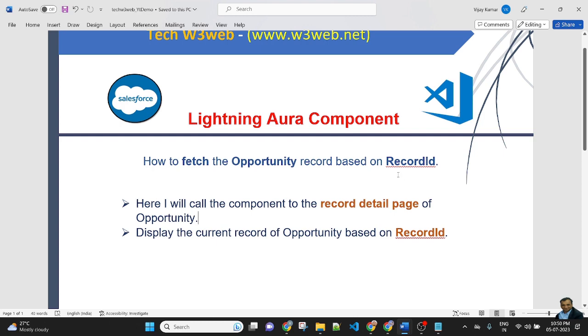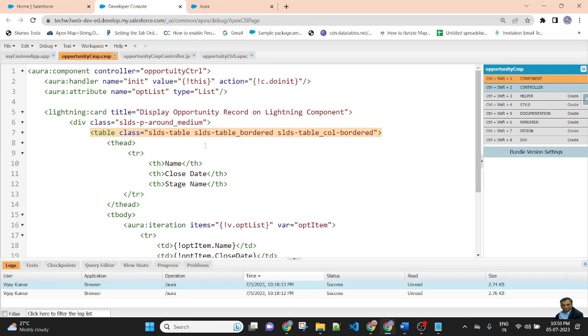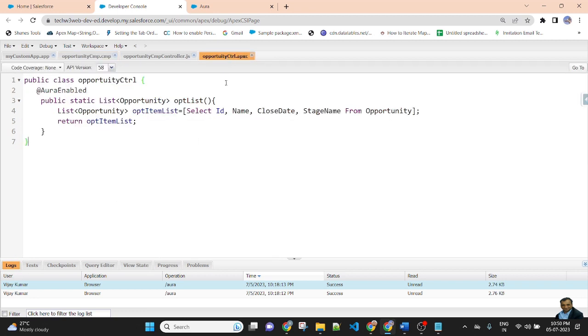So let's jump to my Salesforce org. This is the component I created in the previous lesson, where I displayed all of the opportunity records. In the Apex class method, we will use a parameter to get the current record of opportunity.